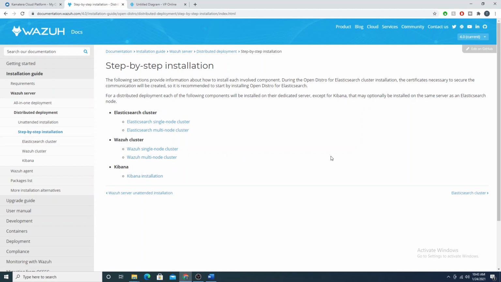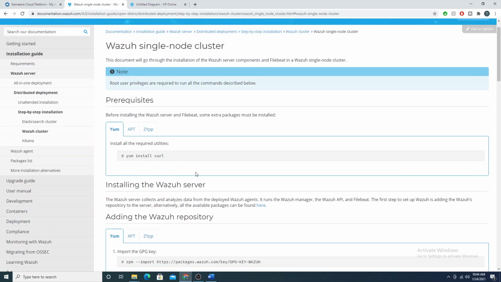So if a Wazuh manager server were to crash for whatever reason, you're still able to receive logs from your agents and ingest these logs, and so you're never having that downtime, right? Where if you only have one Wazuh manager going, that guy crashes for 24 hours, you're not going to receive logs from your agent for the last 24 hours. So in the unlikely event that you get compromised within that time frame, you're completely blind to what may have happened. But for this instance, we're going to go into a single node cluster,